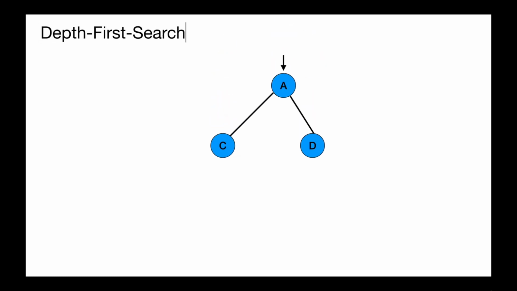Wait, what is DFS? DFS is an algorithm which will traverse a graph by going to the very left first. Once it reaches the end, it will go back to its parent node and visit another node of its parent until it finishes all the nodes in the graph. DFS will check, in this case from left to right, the very left node. If it does have a child node, it will put its very left node onto the stack and move the pointer